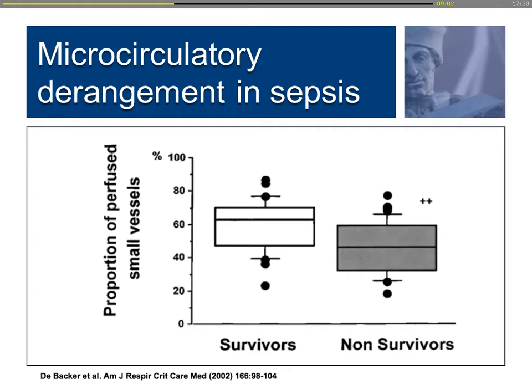And Daniel de Bakker, in the first study looking at the microcirculation under the tongue, also showed that this microcirculation, when assessed in a one-time measurement, could clarify between survivors and non-survivors. The problem with these studies is that if survivors have an abnormal microcirculation, and it's been said before, it doesn't mean that if you correct the microcirculation, they will become a survivor.